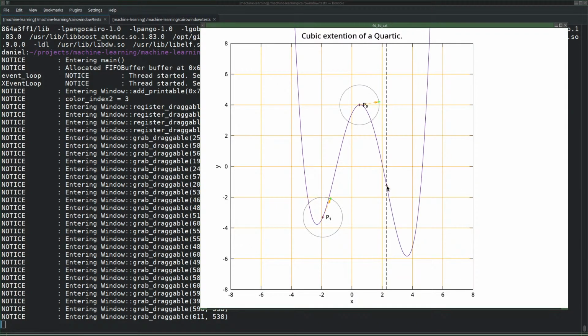What I want is to get a feeling for a cubic that goes through P0 with the same derivative, and hold on, and has